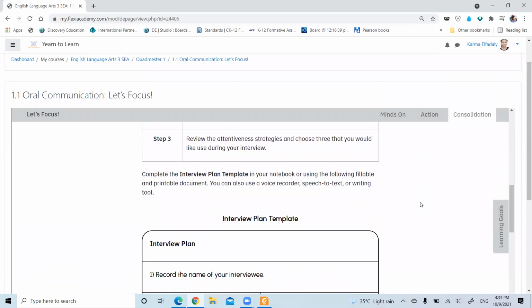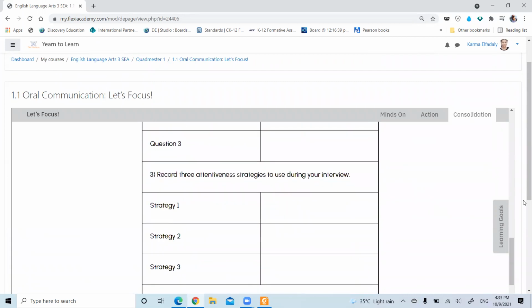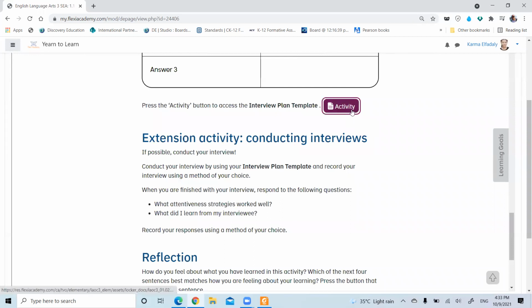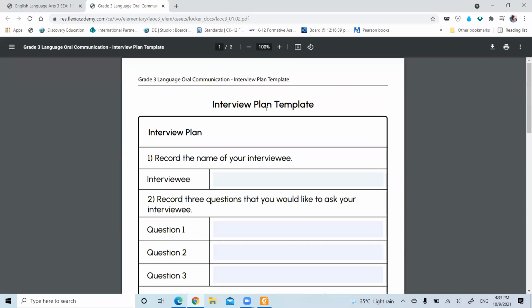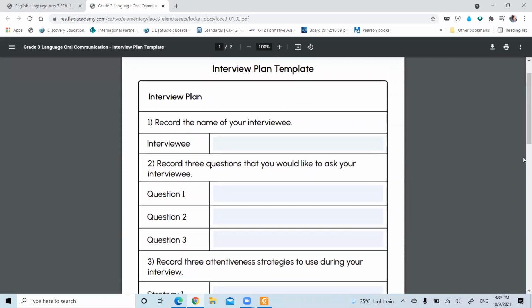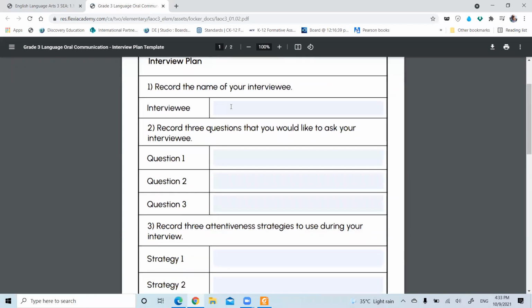And you can find here the summary of the lesson. And here you can find also activities like that. This is actually based on the subject matter itself. When you click here, I just clicked here on activity. This will come up with this activity. And also, as you can see, this activity is